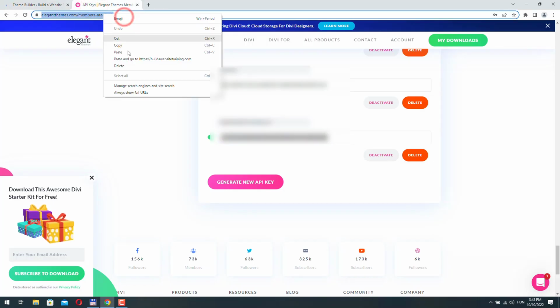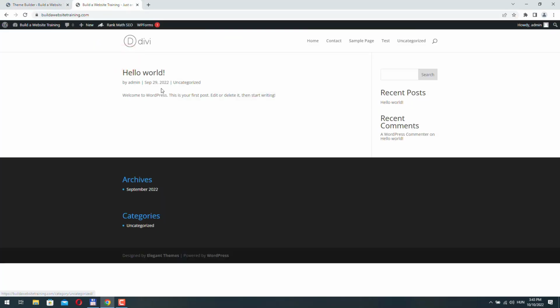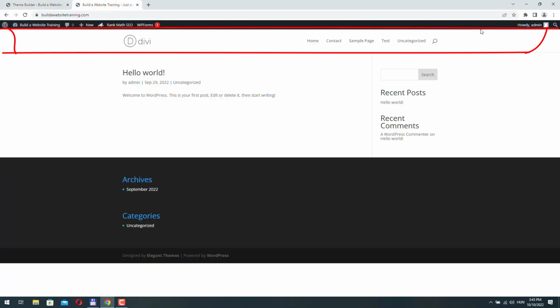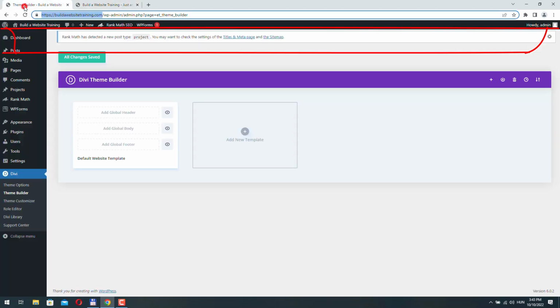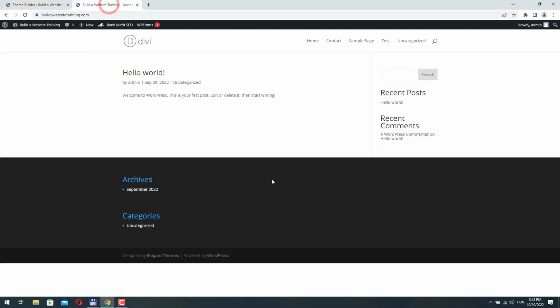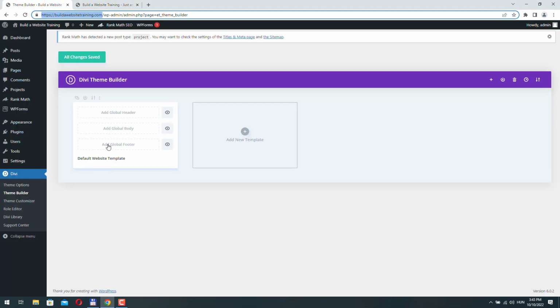So if I go to the home page, we can see the default home page. But here in the theme builder options, we can create a lot of exciting things. We can create custom headers. So if you don't like this default header, you can use the Divi Builder to build complex headers. If you want, you can build a global footer. So if you don't like this default WordPress footer, you can create a custom one, and it will be displayed on all pages. You can create new templates for a lot of things.